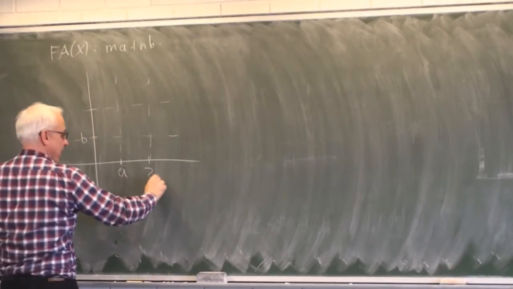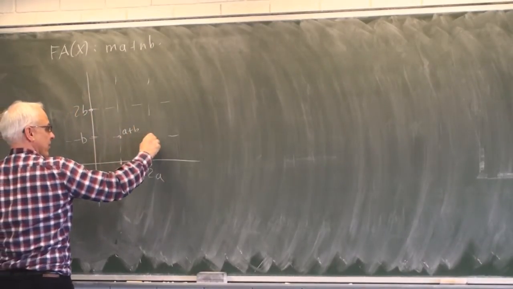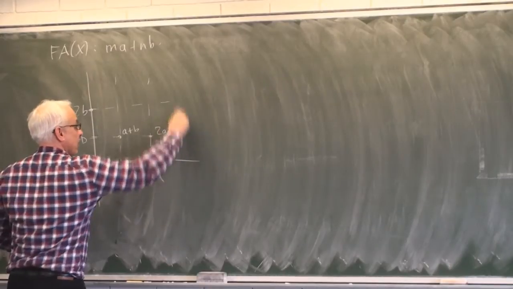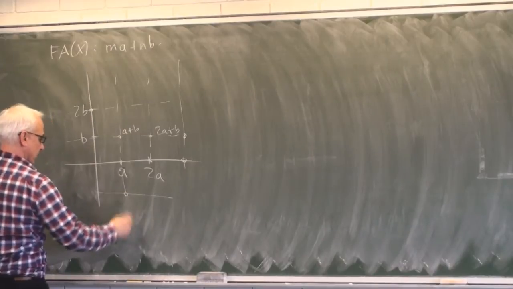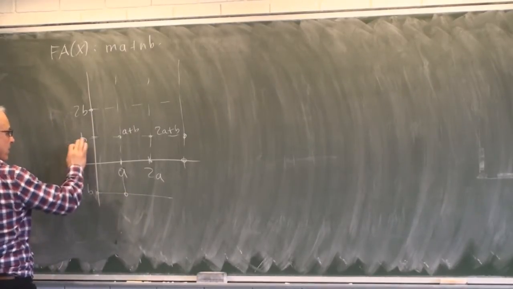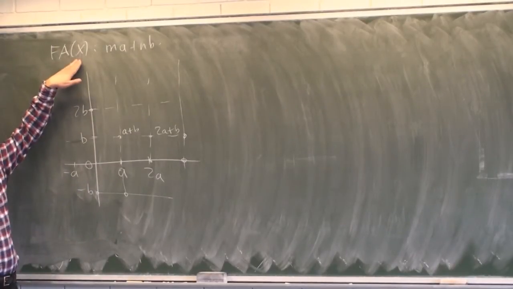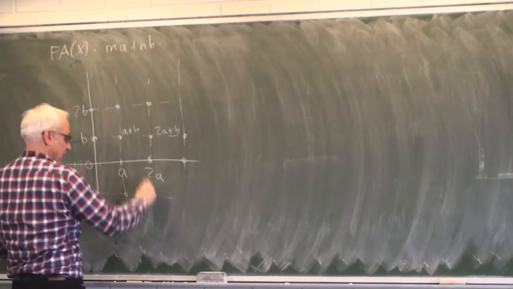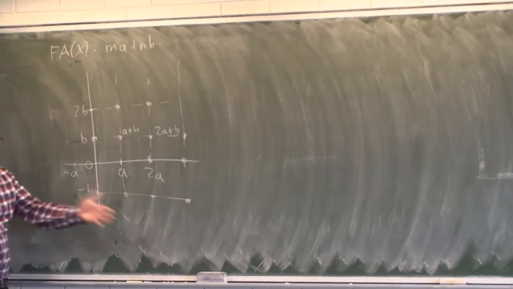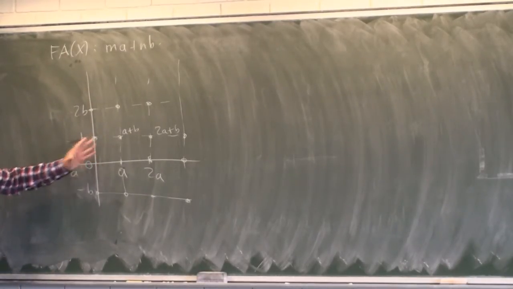And then this will be 2A. This will be 2B here. This will be A plus B. This will be 2A plus B, and so on. So all the integral points on this lattice, also negative ones, correspond to elements in the free group. Okay? So the free group can be pictured as all the dots on this integral lattice in the plane, linear combinations of A and B, and here I'm just putting A and B wherever I want to get some kind of representation of this free group.